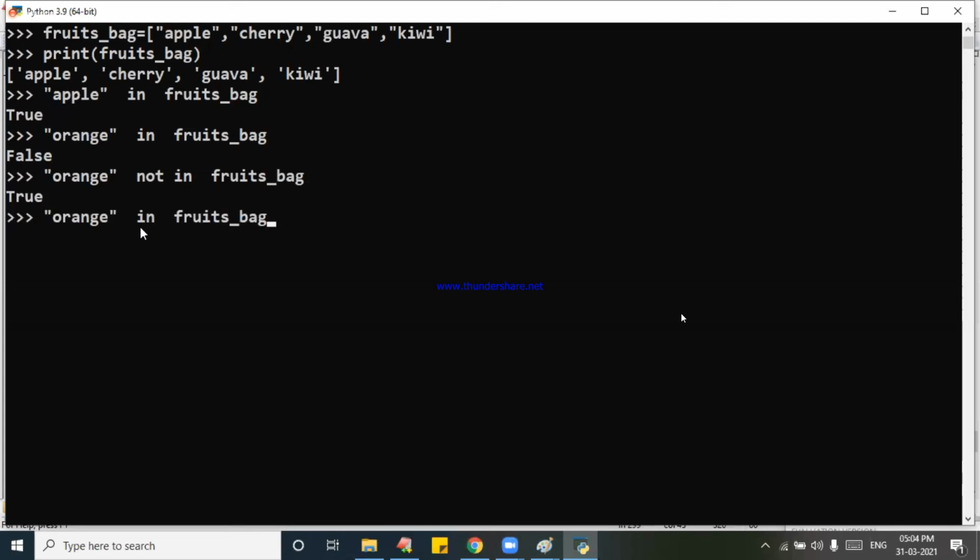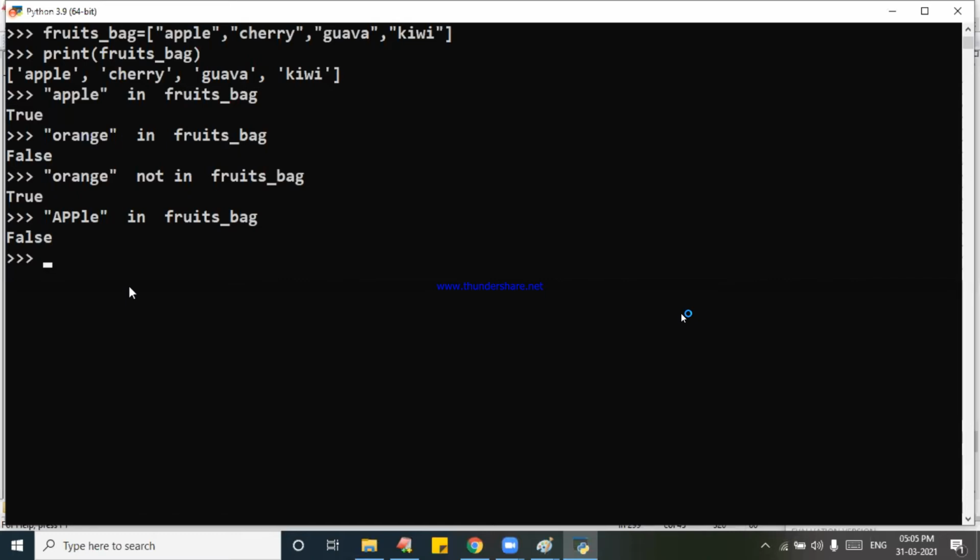Now I will write Apple, with capital A, and the other letters small. What is that? See that? False, because case-sensitive checking is important. Sir, how do we forget the case and only check the meaning? Yes, we can do it also. Don't worry. That is called the lower case function. I will use it, and at that time you can execute.